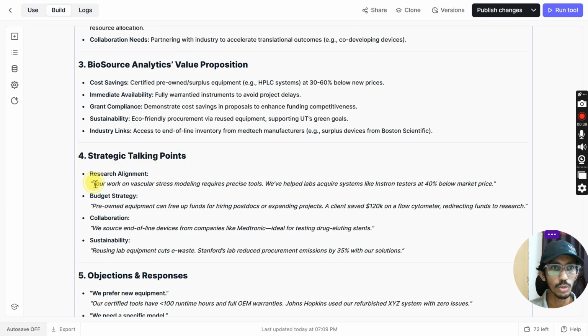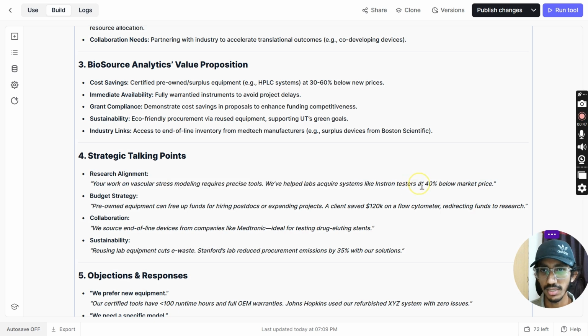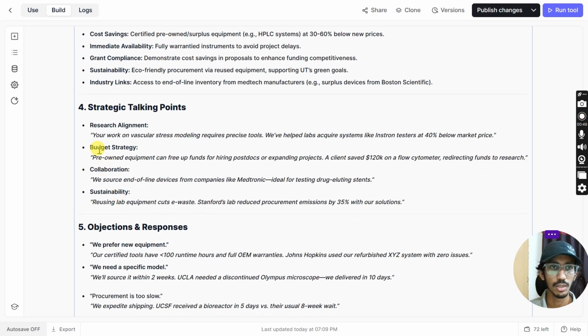Strategic talking points. Research alignment. Your work on vascular stress modeling requires precise tools. We have helped labs acquire systems like Instron testers at 40% below market price. It can also provide budget strategy, collaboration, sustainability. The tool is recommending these points because it has analyzed the actual values of Aaron Baker and the values of his lab, his vision, his mission. And if we can align our sales proposal with everything related to him, the chance that we will close a